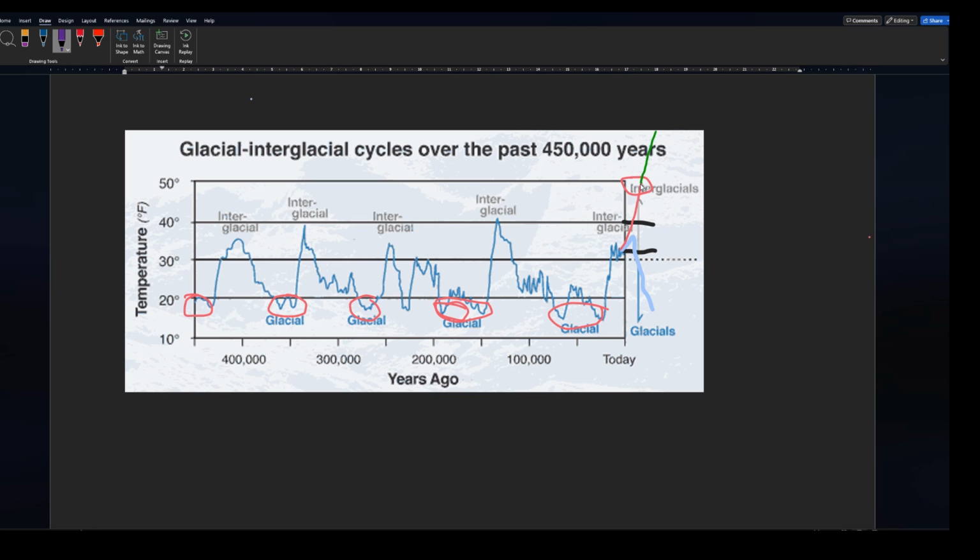The second possibility is that it will continue in these natural cycles. It just won't get as far down as it normally would. So it would start to dip, start to dip, start to dip, and then when it gets to about here, it would just keep going back up like that and cycle like that. The third possibility, as I talked about in the video itself, is that you get to this point where a lot of fresh water is being added to the oceans, the ocean currents shut down, and it immediately tanks into the next ice age, right there.